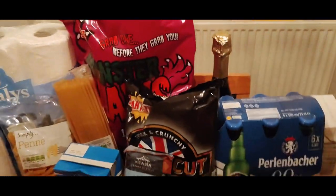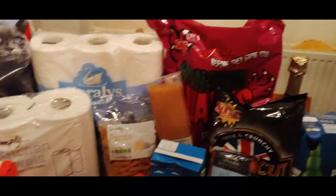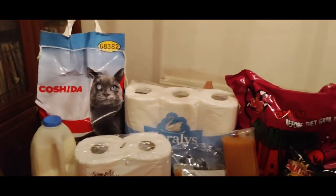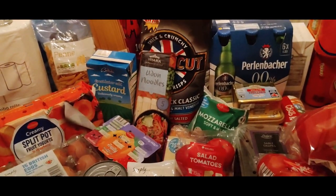And then coming back round again, we've got some crisps, some udon noodles, and spaghetti pasta. And then the cat litter. So I think we've pretty much done everything that's on the table. So let me just quickly have a look at the receipt. Very long receipt. Very, very long receipt. I'm not sure how many items I have bought in total, but everything that you see on the table came to a grand total of